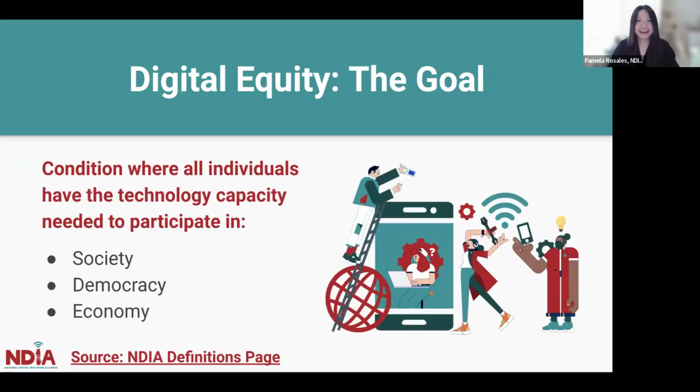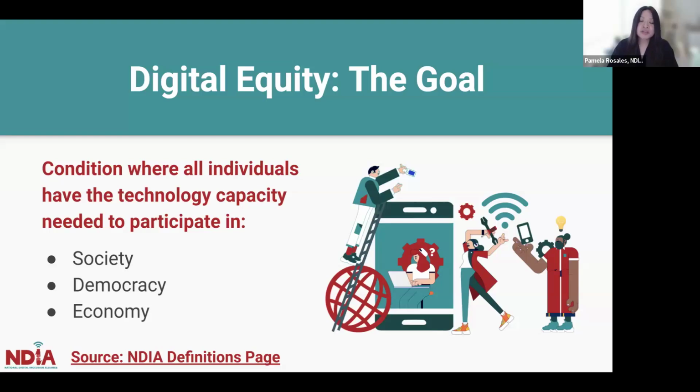All right, next up we have the term digital equity, which we like to call the goal. When NDIA started in 2015, one of our first priorities was to collaborate with our community to develop language that accurately reflected the essential work being done on the ground. This collaborative effort led to the creation of terms like digital equity and digital inclusion. And our community has always been our primary source in developing vocabulary around this movement.